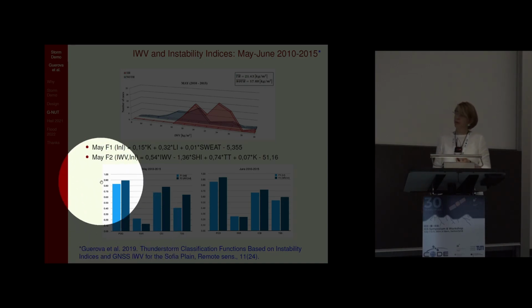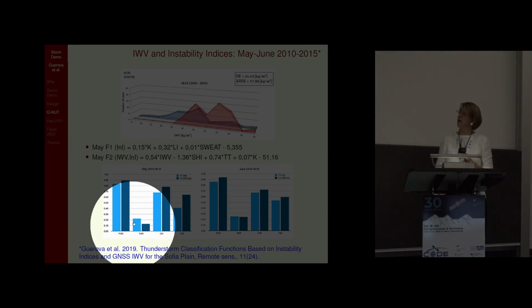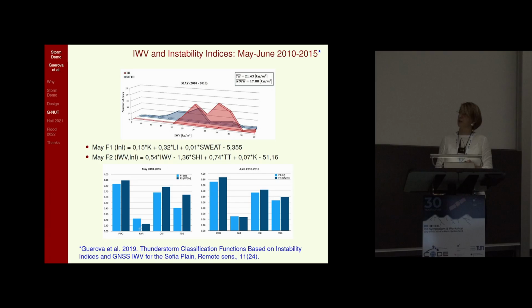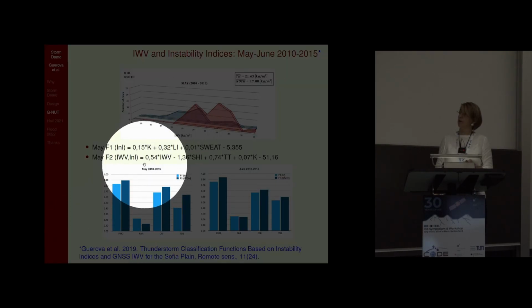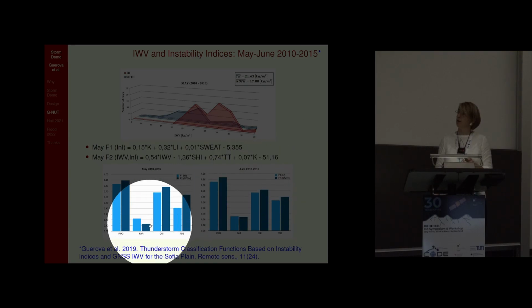And then we computed the classification functions based on these instability indices, which is this one. You see it here for May. And then we computed the probability of detection of thunderstorm, the light blue, and the false alarm rate. So if you could not read here, it's around 80% probability of detection and false alarm in the range